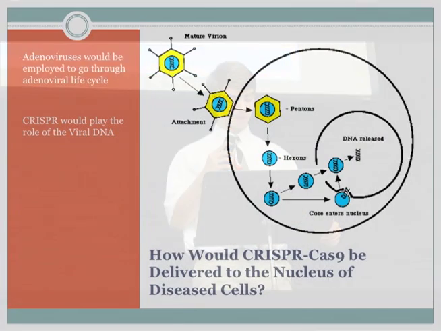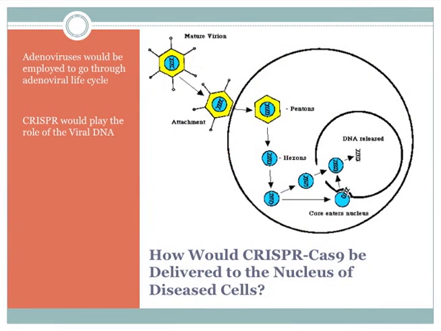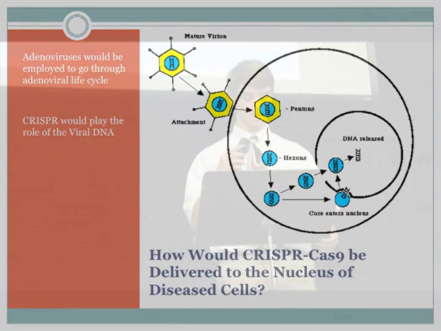Now, how would this be delivered to the nucleus of the diseased cells? This would be through the employment of the adenovirus. Here is a figure of the adenoviral life cycle. The adenovirus will attach itself to the cell, then injecting the hexon of CRISPR-Cas9 into the cell. This will be sent to the nucleus where CRISPR-Cas9 will then use its DNA editing properties to change the DNA